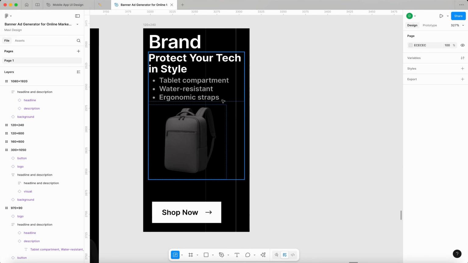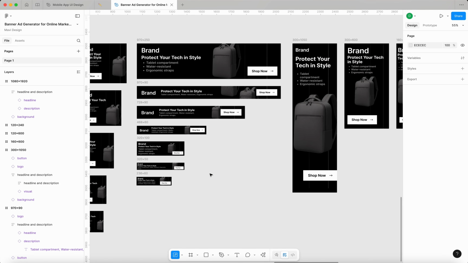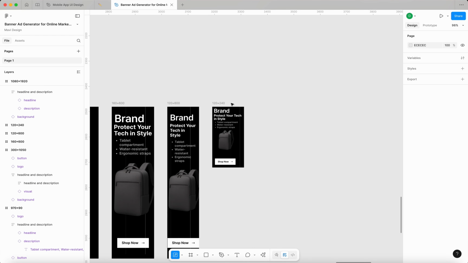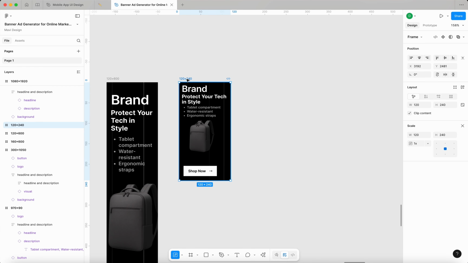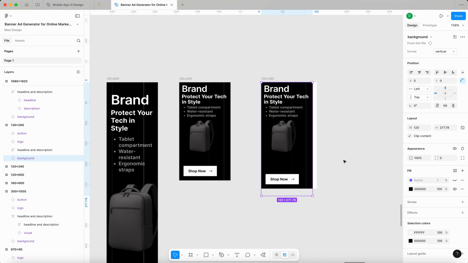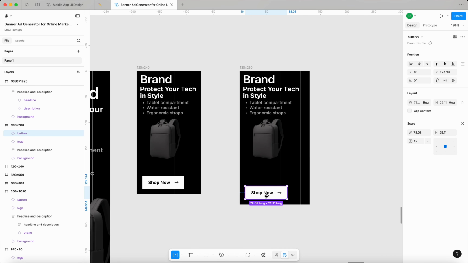So whenever you see anything in any format that is not perfect to your liking, you can change it. And you can create your own format. You can, for example, let's say I want a slightly different format than this, but around a similar value. So let's say this is going to be 130 by 260. The background, I'm going to take the background, drag it out to take the full width, height, and then